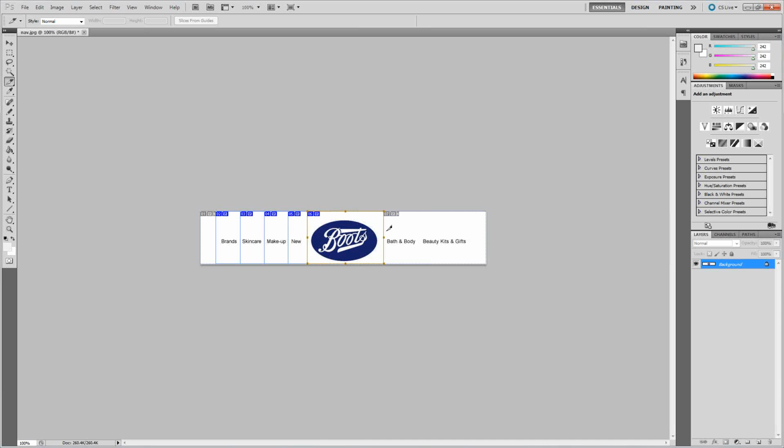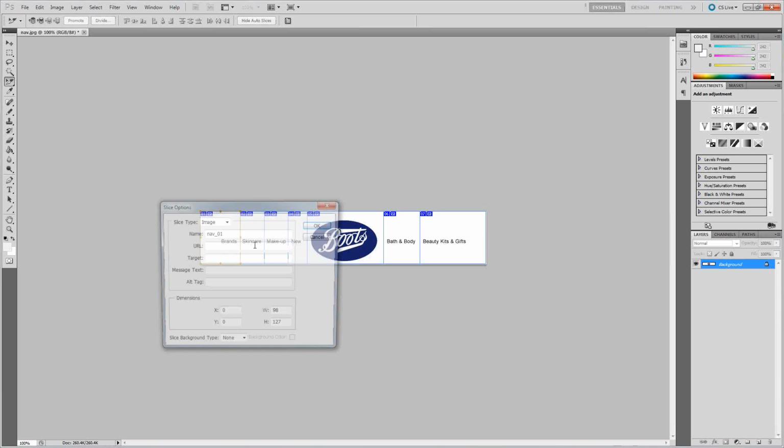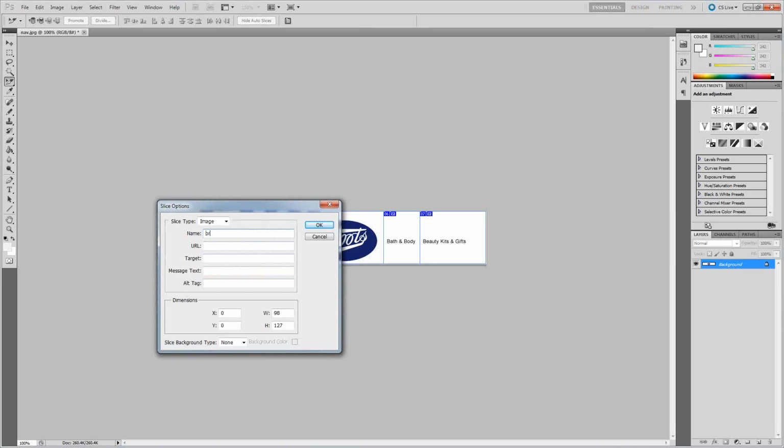Because this is email and not a website, we can be a little more forgiving in terms of where users will be clicking and what they'll be doing. So we want to take up as much of the image as possible, because white space, blank page space, really is kind of the enemy here. So rather than keep this blank white space, we'll go ahead and make that all the brands button. So now we can go in and rename this brands,